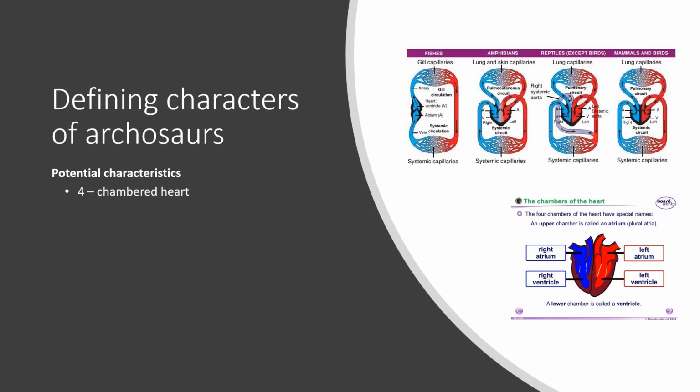So we know that they had those characters, but there's also other potential characters, and these are important. All modern day birds have a four-chambered heart. So do mammals. There's a unique benefit to having a four-chambered heart. It allows you to be much, much more active than animals with three-chambered hearts. Think mammals and birds, way more active than a lizard.